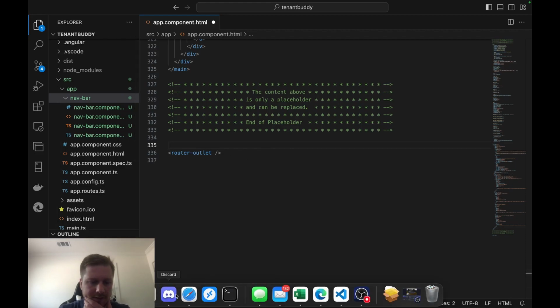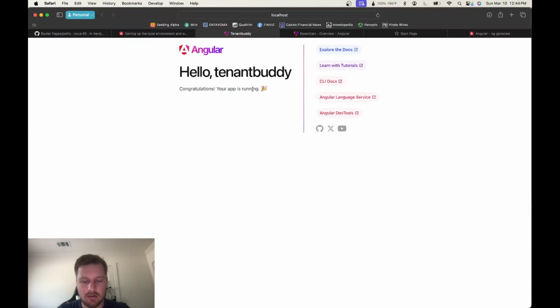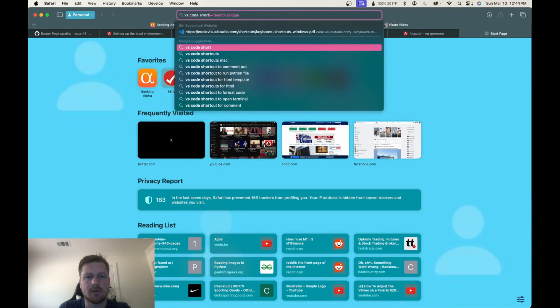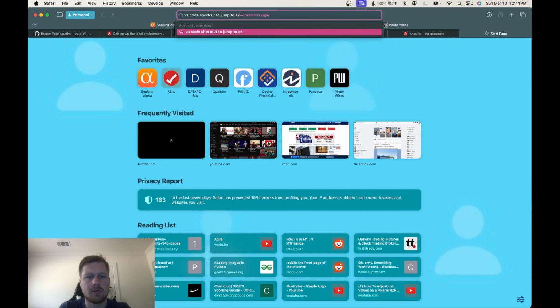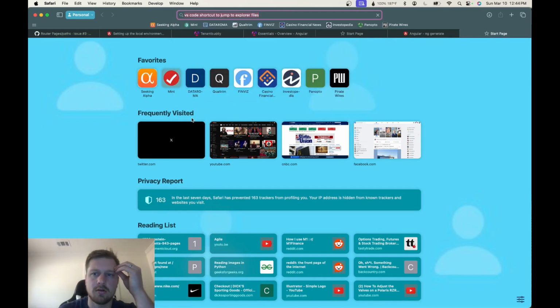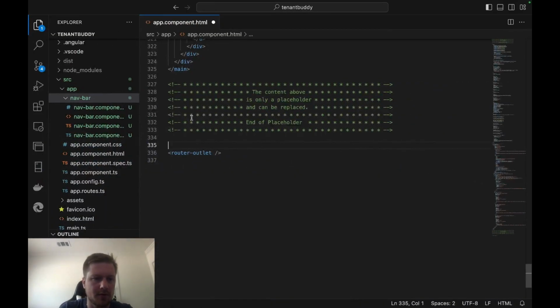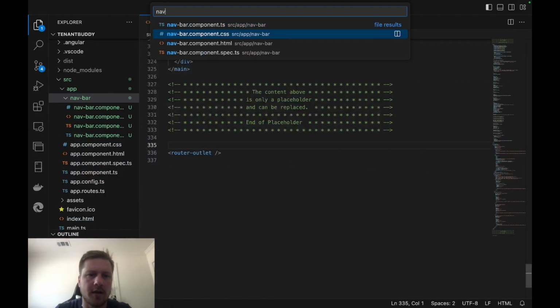What's the shortcut for going over to VS Code? See if there's a shortcut to jump in the Explorer so we don't have to use Control P whenever we want files. Not really what I was looking for. Nav bar. Yeah, let's look at